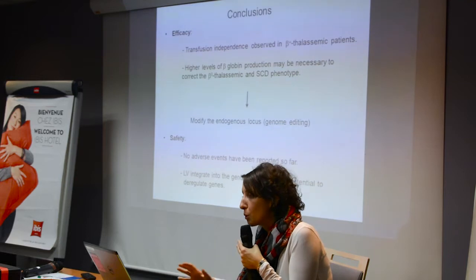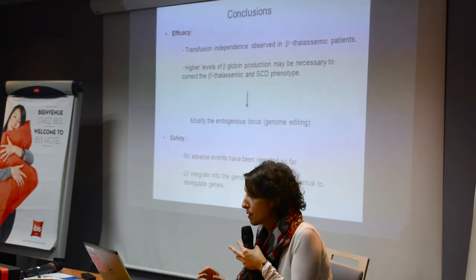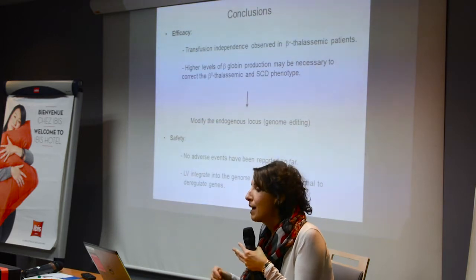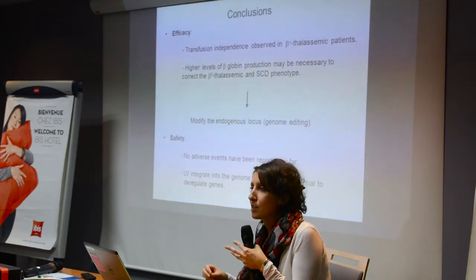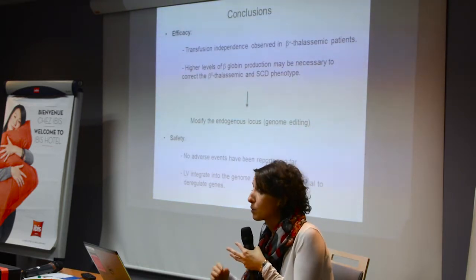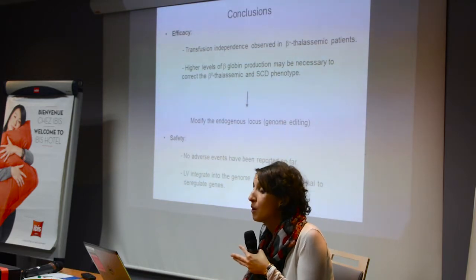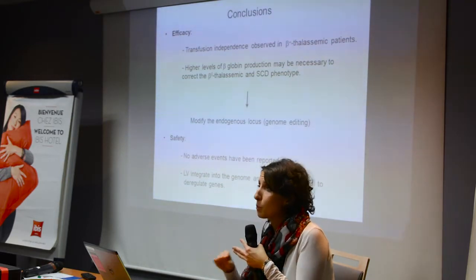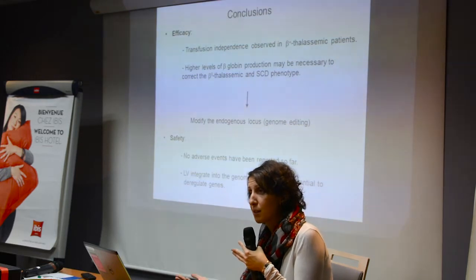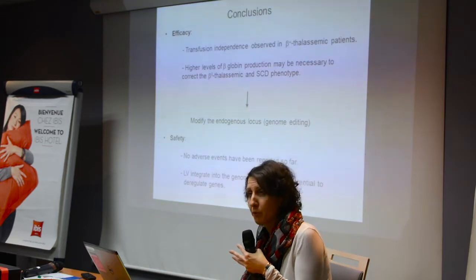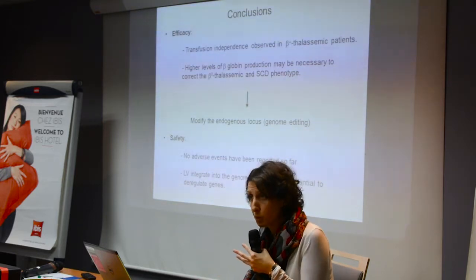In conclusion for this part, regarding the efficacy of this approach, transfusion independence has been reported in several thalassemic patients. But I have to say that most of them are beta plus thalassemic patients, which means they still have some residual beta globin expression, so it's not completely zero. What we think is that it may be necessary, especially for beta 0 patients, in which we don't have any beta, or for sickle cell disease, to have a higher beta globin expression derived from our vectors, or from whatever approach we want to use,